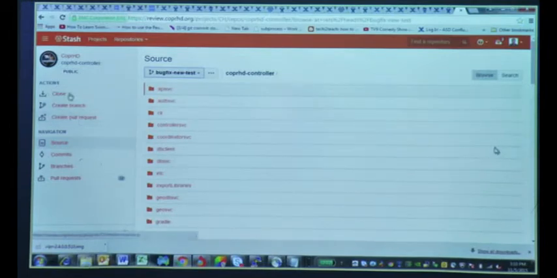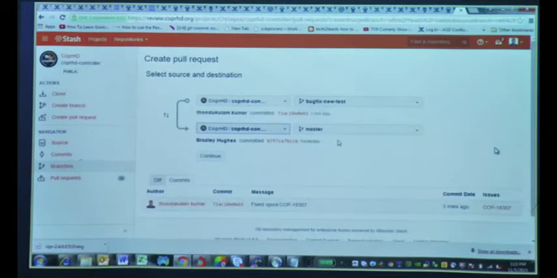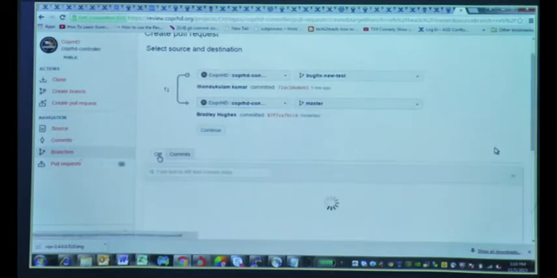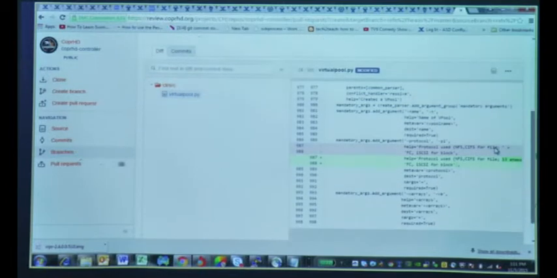So I can go ahead and create a pull request here. In the pull request you have something called a source branch and a target branch. Once the approval is done, we can merge it to the target branch. So I choose this, and here this is the important part. You actually get a diff here which shows the code change I've done.